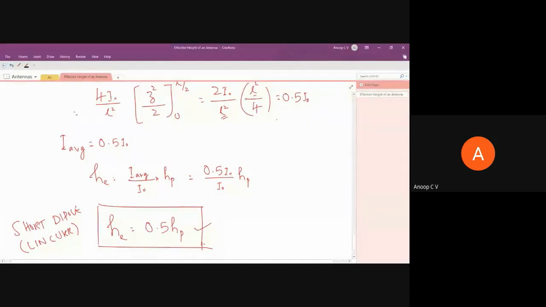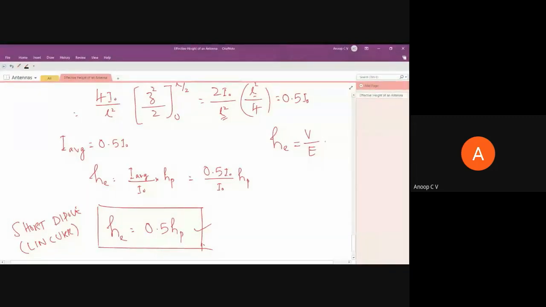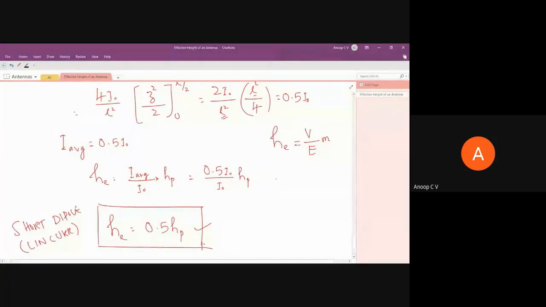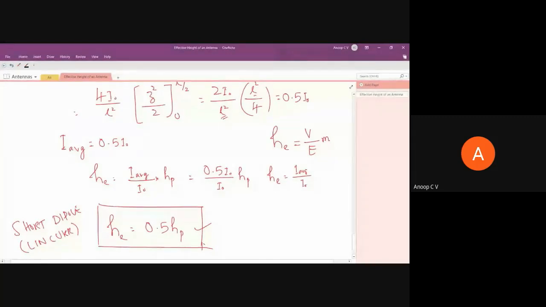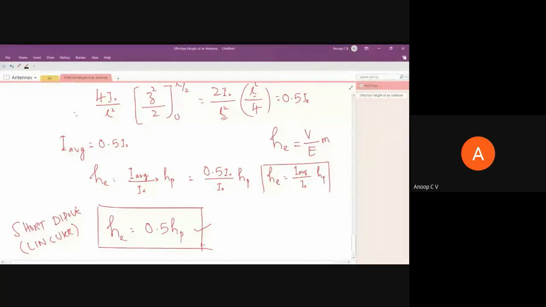So I'll once again repeat. This HE can be defined as the ratio of voltage induced to the incident electric field, and the unit is meter, or else HE can be equated to I average by I naught times HP. Or this result in more general form, please note it down, HE is equal to